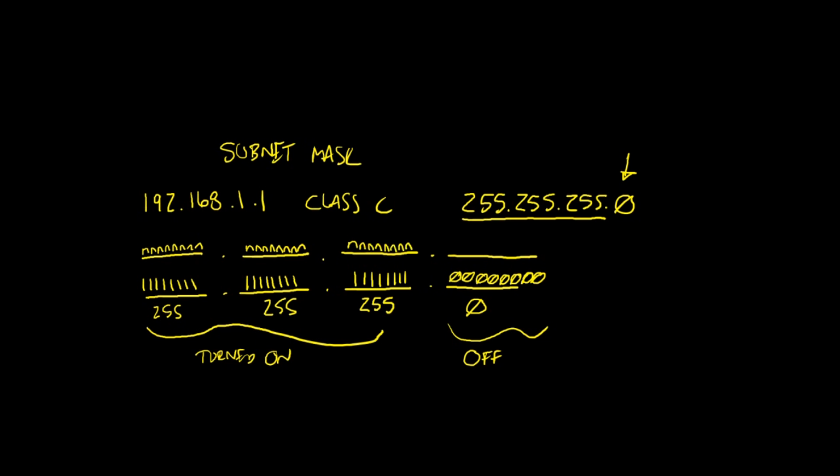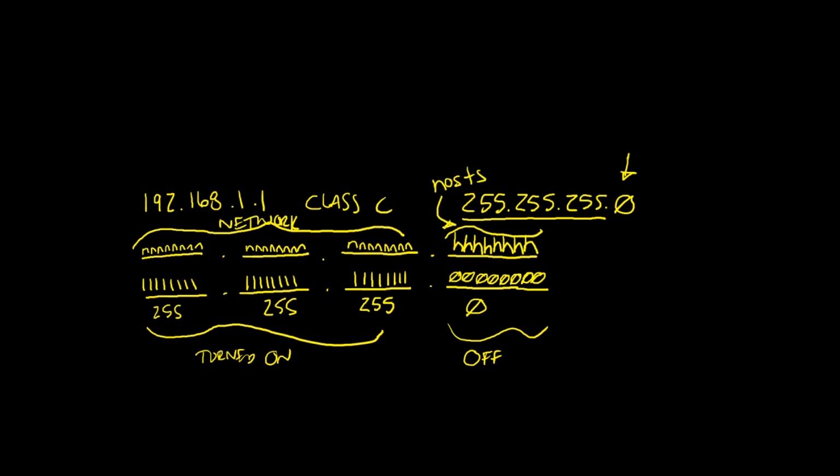But none of these are turned on. So these belong to the hosts. So in this example, in the Class C subnet mask, we have 3 octets that belong to the network. These belong to the network. We have 1 octet here that belongs to the